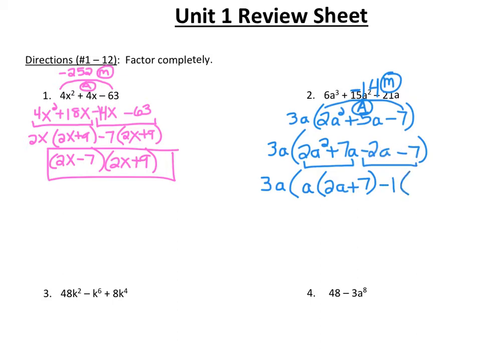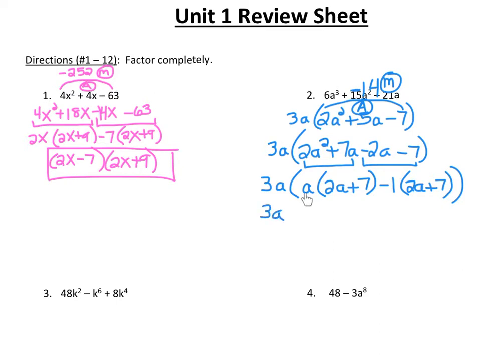And then when I open up a parenthesis, -2a divided by -1. A negative divided by negative is a positive, so that's +2a. And then -7 divided by -1 is +7, so +7. And then I have to close that parenthesis, as well as, don't forget about this open parenthesis, we have to close that one too. If you don't like to have parentheses within parentheses, you can always make this a bracket on the outside instead. Okay, so to finish this up, I'm going to bring down the 3a,